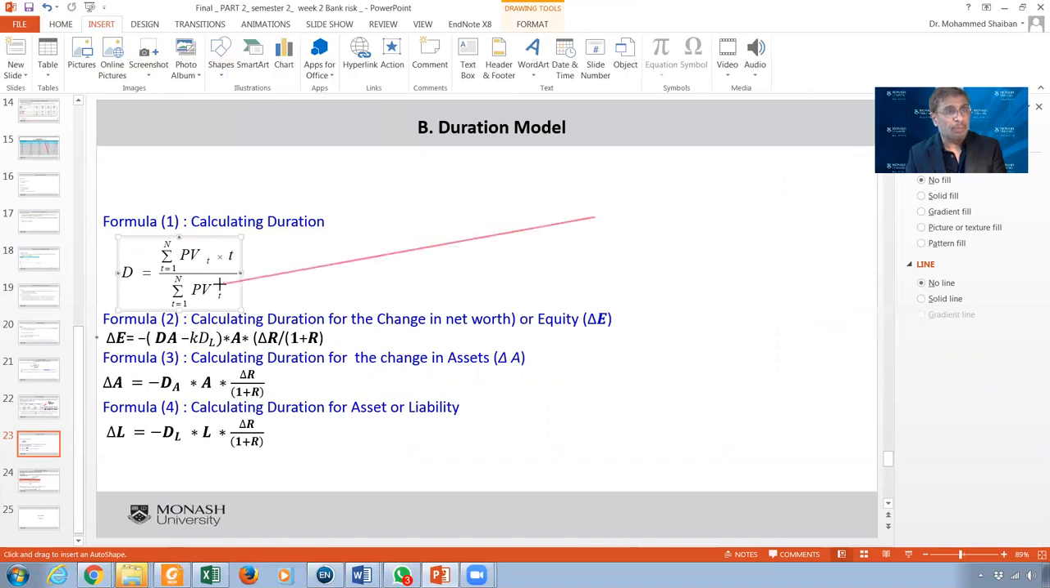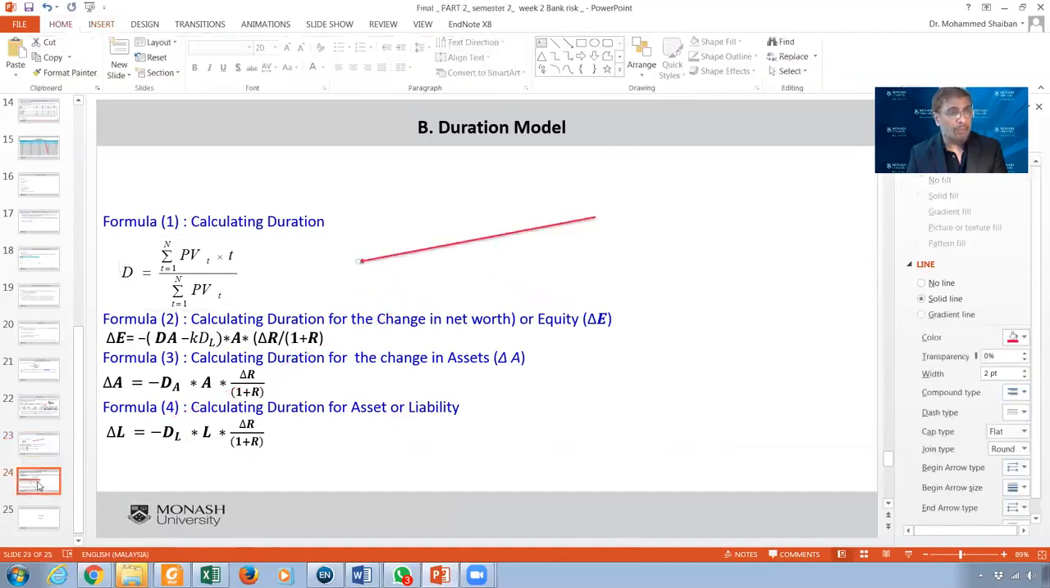This is step 1. Step 2, if I have the assets and liabilities, I can calculate now the change in equity, which is the impact on the balance sheet. So the change in assets, I can calculate the change in equity, assets and the change in liabilities if I like. But